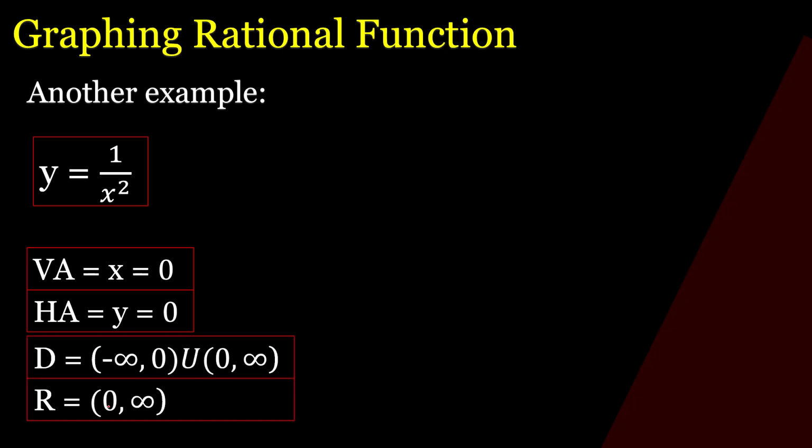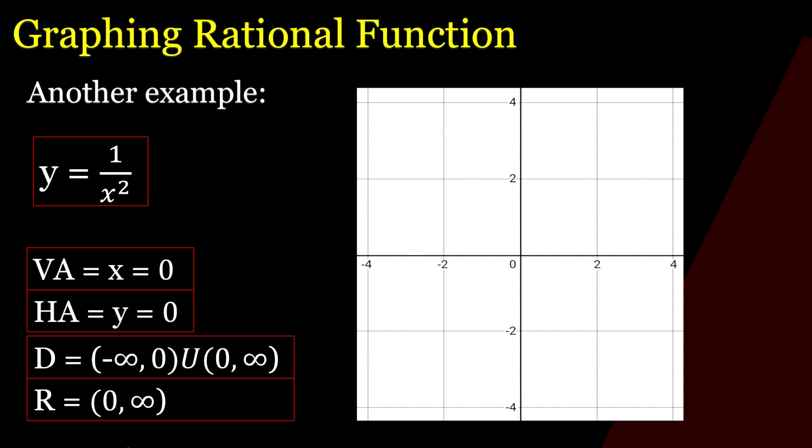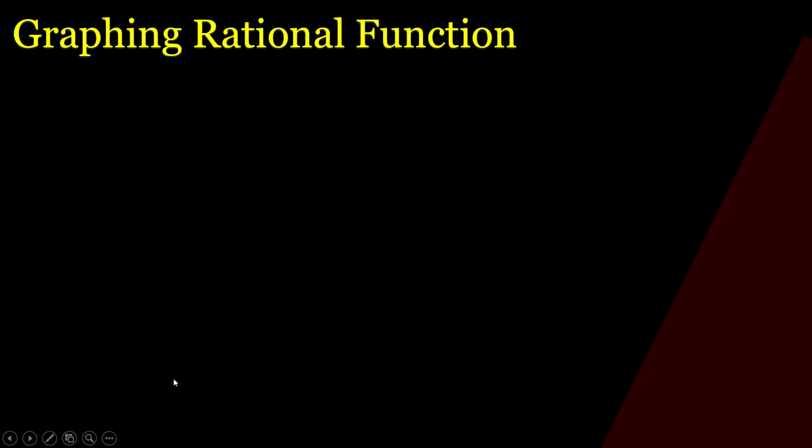Pero bakit yung range natin wala siyang negative? Kasi yung x merong squared. Alam natin lahat ng number na i-square eh hindi nagiging negative. So ipapaliwanag ko sa inyo. Ito yung graph. So yung ating graph is ganito yung itsura niya. Yung 1 over x squared magiging,